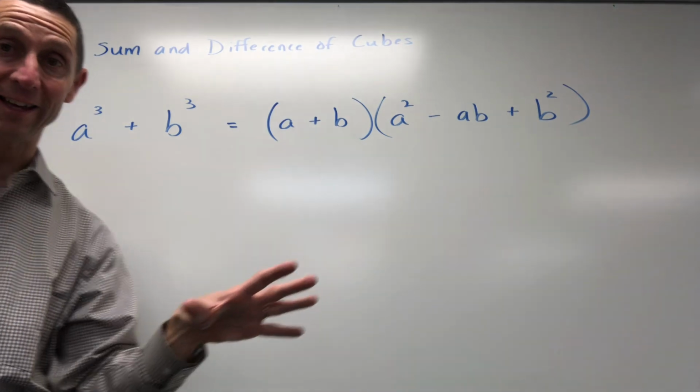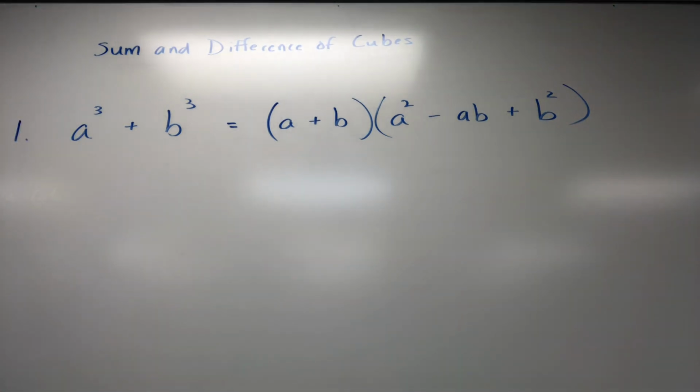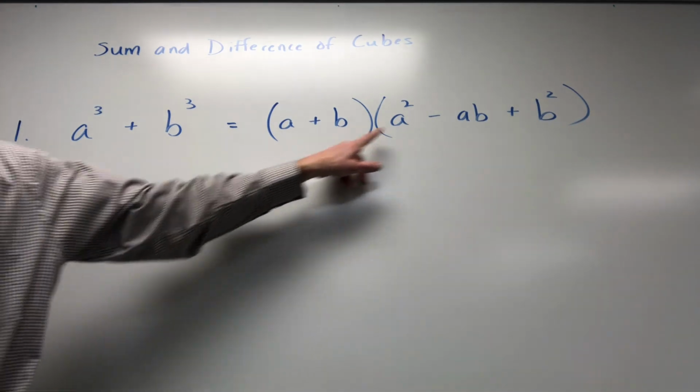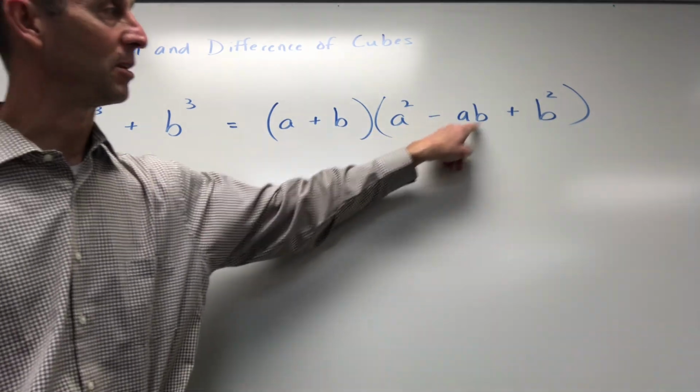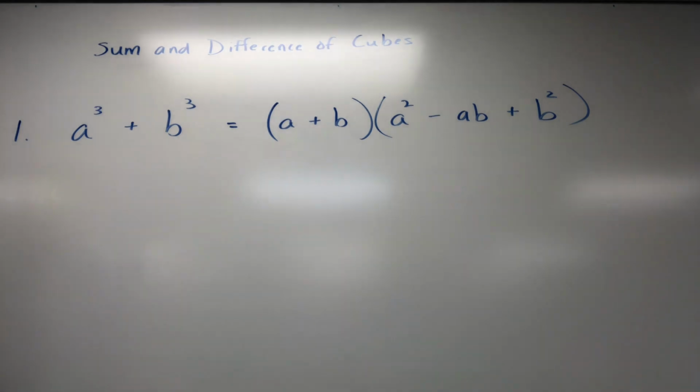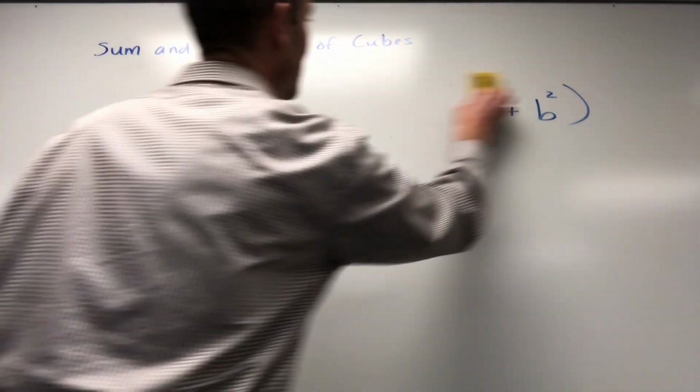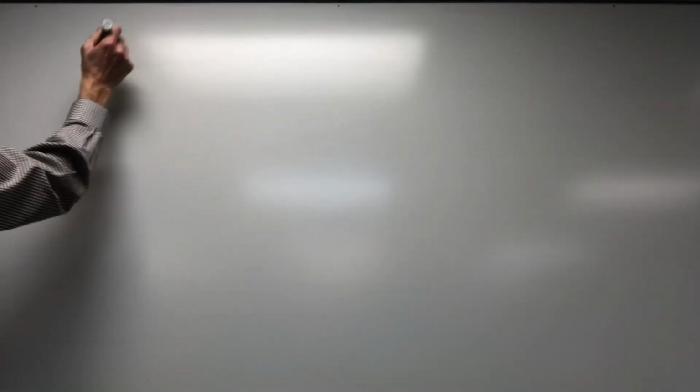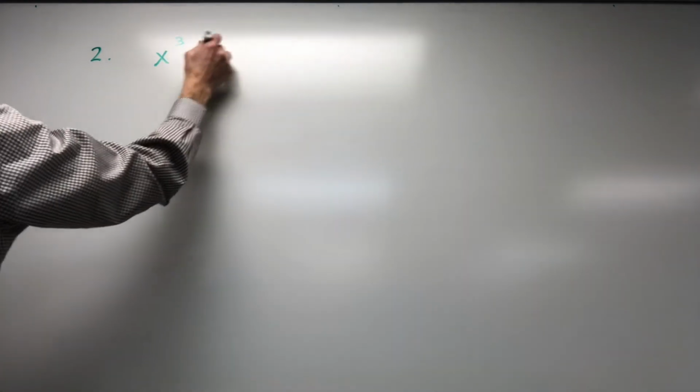You got a whole lot of A's and you got a whole lot of B's. All right, sum and difference of cubes. Here's your first formula. A plus B, A squared minus AB plus B squared. Okay, we've got this. Let's do an example. This is first one. How about we do x cubed plus